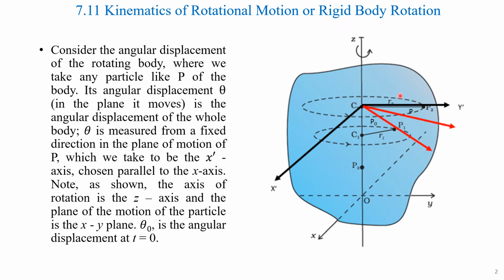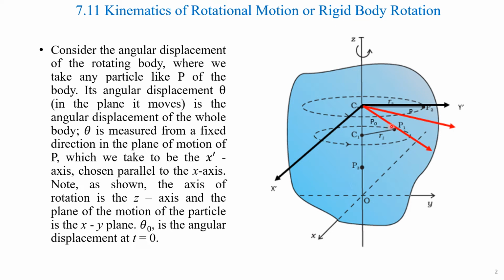P is moving in a circular path with center at C. The origin of this coordinate is O and the axes are X, Y and Z. This is the origin, whereas the point P can move in any of its plane of rotation. So this plane of rotation is marked in the dotted lines. So theta is measured from the fixed direction in the plane of motion of P, which we take to be x dash